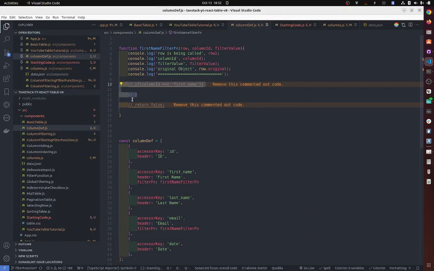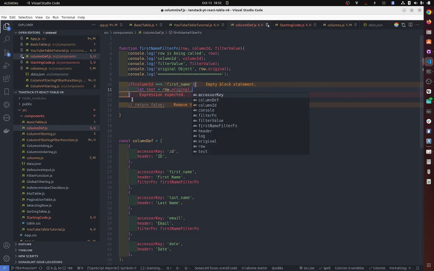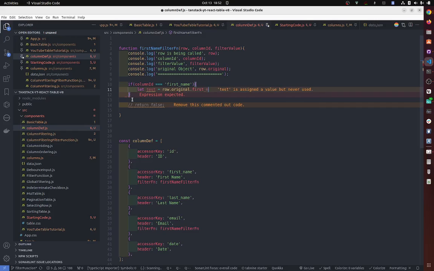So okay, so let's do his first name, so let test equals row original dot first name, because we have to remember what's the first name, and let's do includes